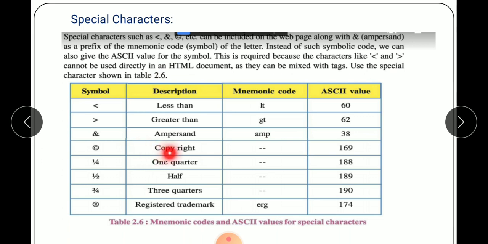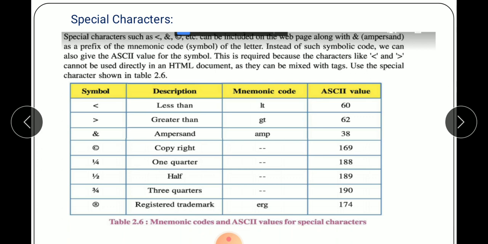Copyright symbol, there is no mnemonic code, ASCII value 169. One quarter, no mnemonic code, ASCII value 188. Half, no mnemonic code. Then registered trademark, mnemonic code REG, ASCII value 174.